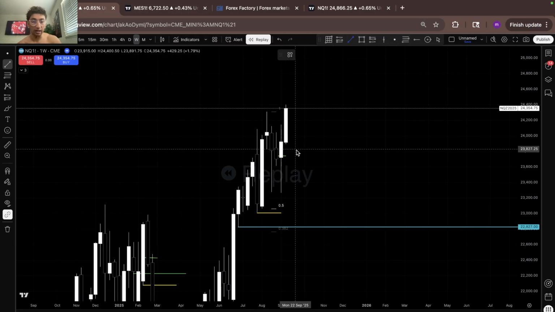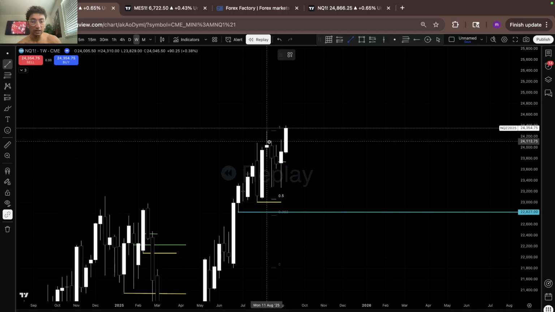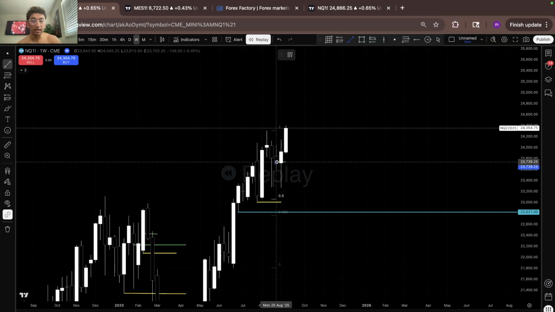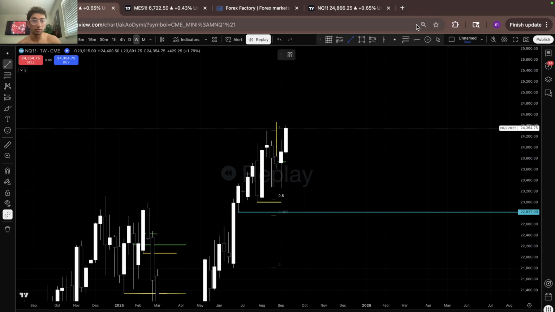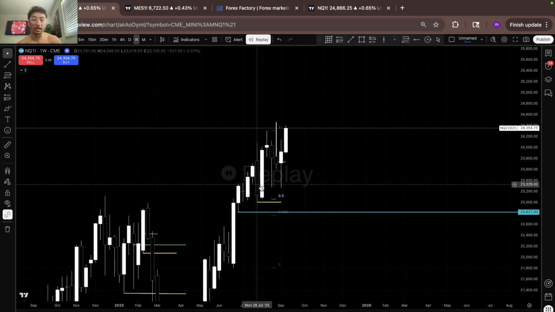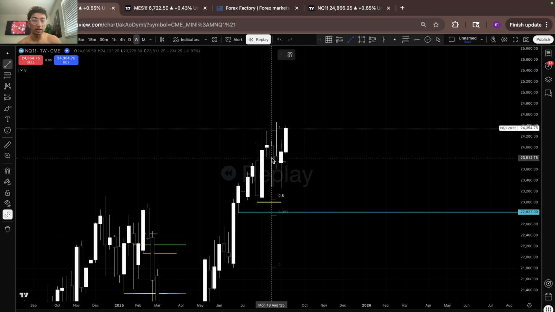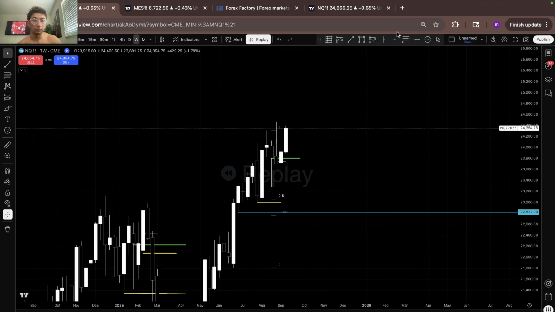If we were to get a weekly change in state, meaning if we were to close through any of, let's say this candle right here swept this high, this candle right here, let me change this to a different color real quick. So let's say this is how it was looking, right? Then this would be a weekly bullish gap, okay? Let's say, for example, that this candle had closed through it. Then going into the next week,